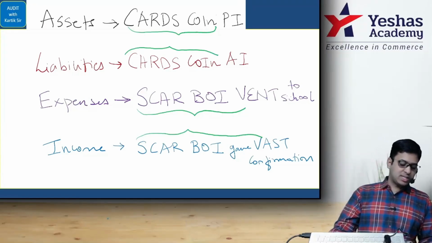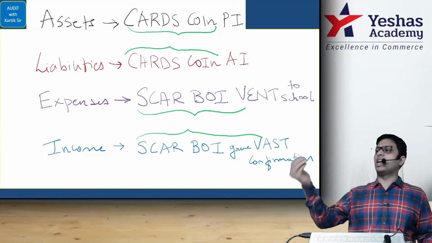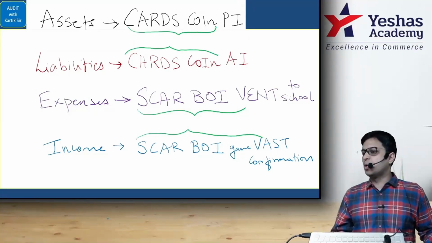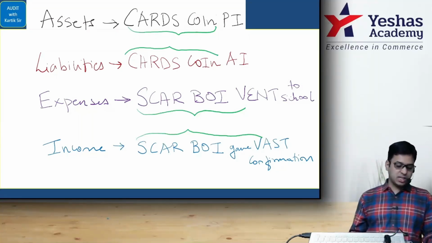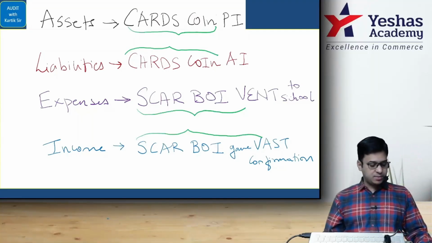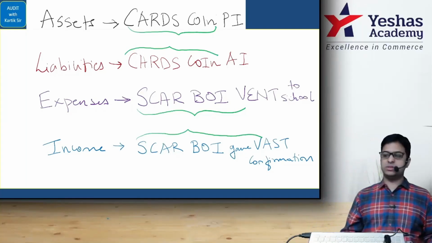Point number 10, inspection of board minutes and legal correspondence. Suppose the company has taken a loan. Of course, the company will take a loan only after the directors give approval in the board's meeting. Read this with me: review board minutes and legal correspondence for discussions and decisions related to liabilities, contingent liabilities and commitments. Identify any potential liabilities that need to be recorded or disclosed.